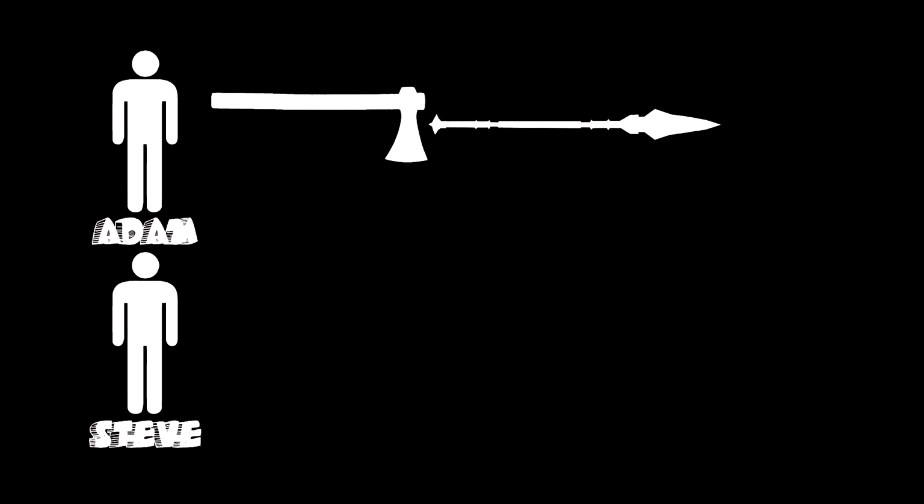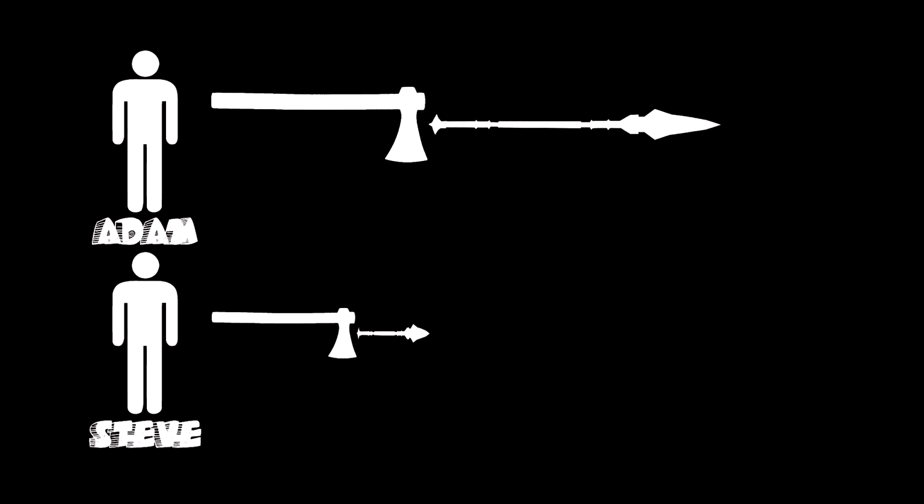But Steve is much better. He can make an axe in 2 hours and a spear in just 1. So he can make both of these in the time it takes Adam to make just an axe. This may sound to those of a Marxist bent as if Steve doesn't need Adam. He'll go on making his spears and axes, and poor Adam is left to suffer. But that's complete economic ignorance.